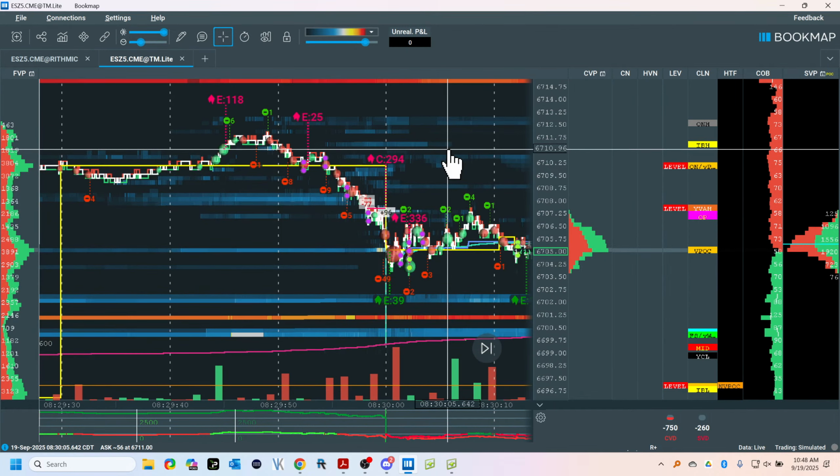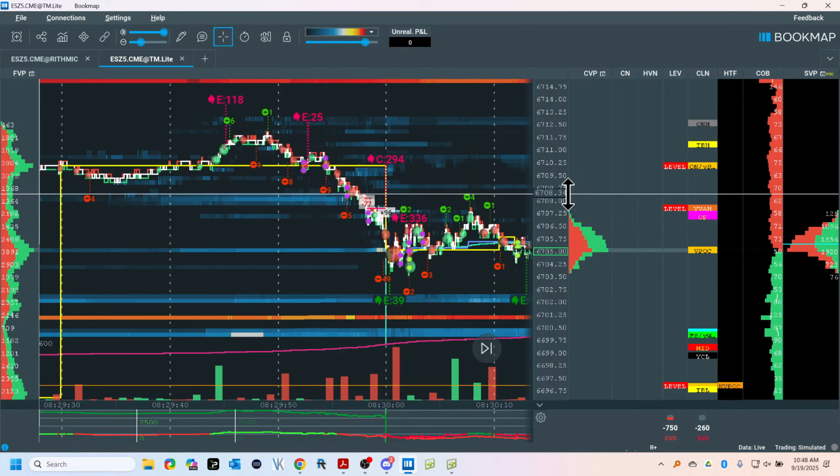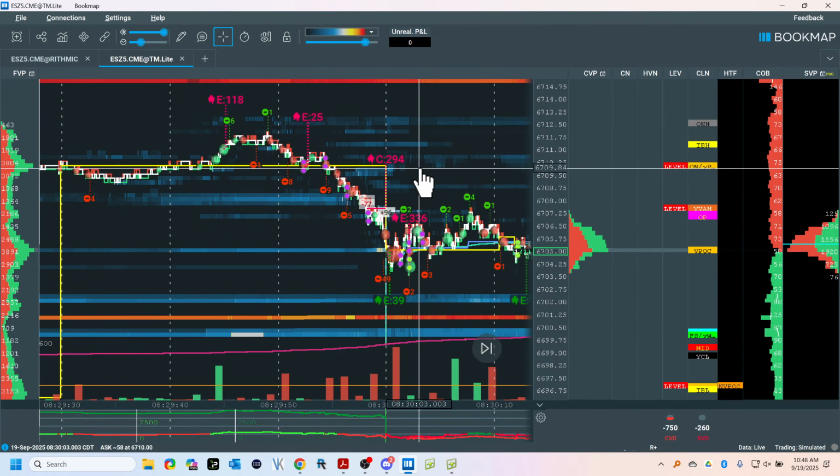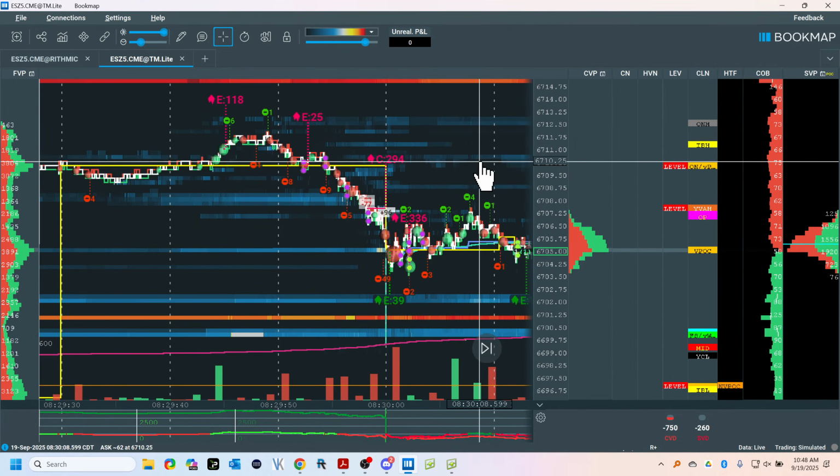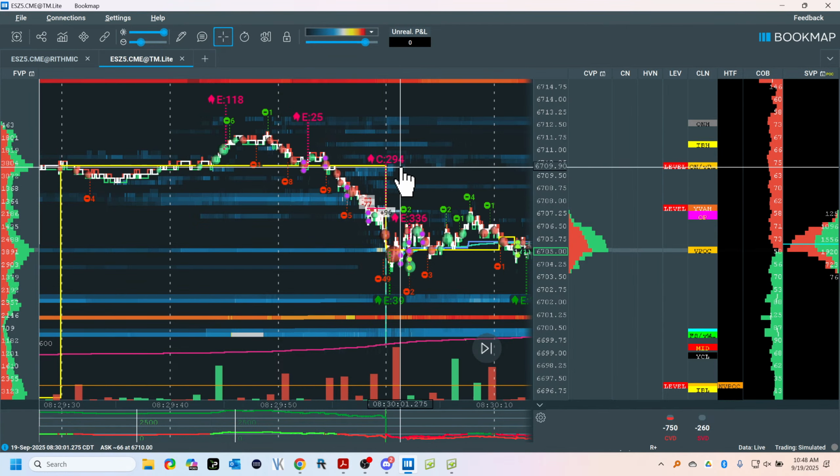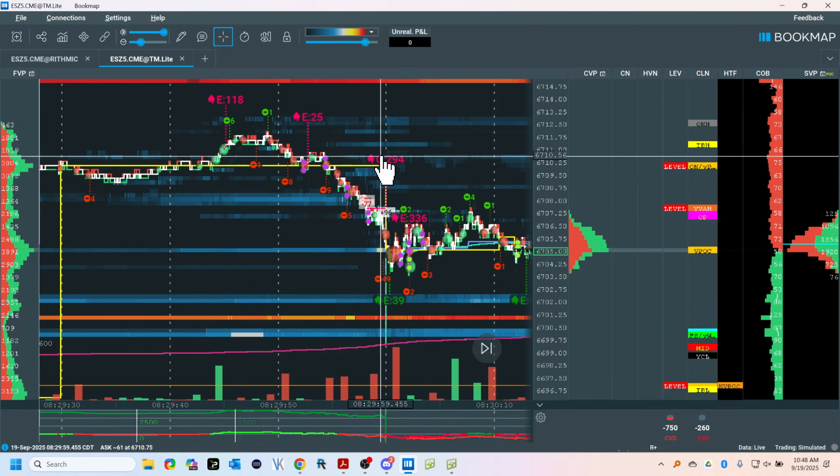So, I'm looking for a long. Now, remember, there's another thing I forgot to tell you. If you watched yesterday's stream, 67.10 was a key level from yesterday. Big deal. In fact, the last long we had yesterday in the stream, I can't remember exactly, was from the area of the mid, the obstacle, and there was resting liquidity, and all through the day yesterday in the RTH, liquidity was showing up.